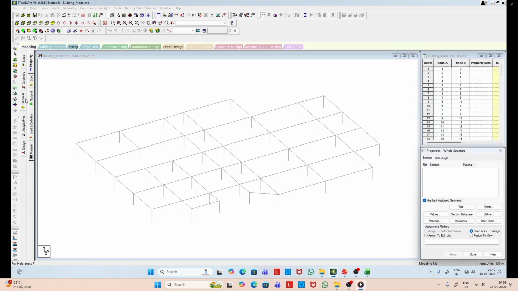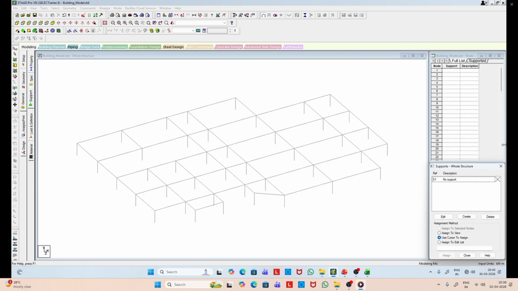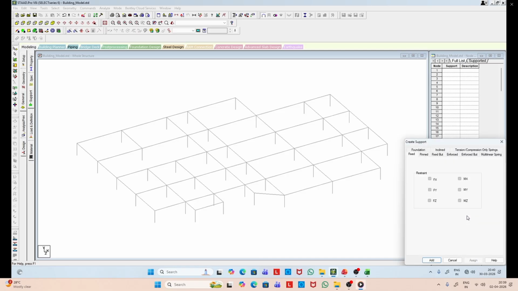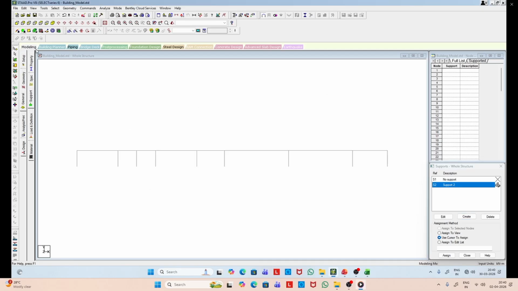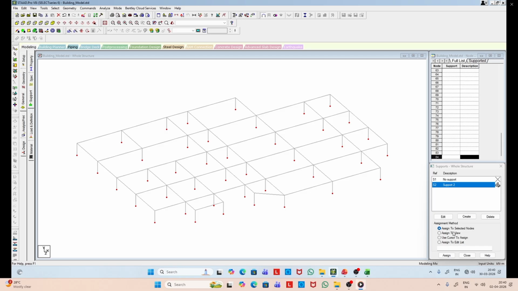Now you can see we will provide the supports at the bottom. So all are fixed. Now we have to assign that support. We call it support 2. And at this bottom points, which are now marked red, we will assign the support.